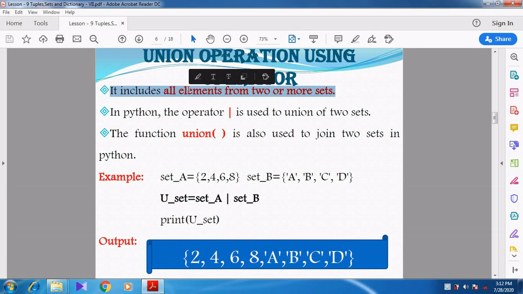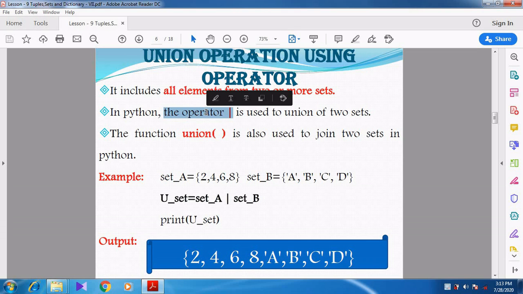If it contains 2 sets or 3 sets, you want to include all the elements from all the sets. For example, if there are 2 sets, set A and set B, you want to take all the elements from set A and set B. This is called union operation.